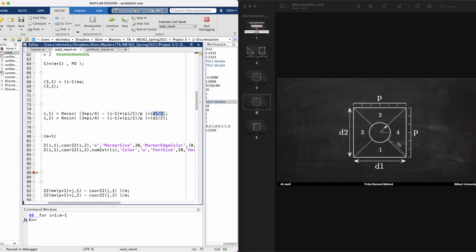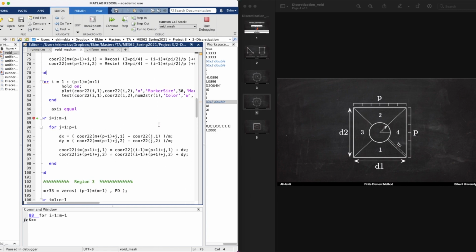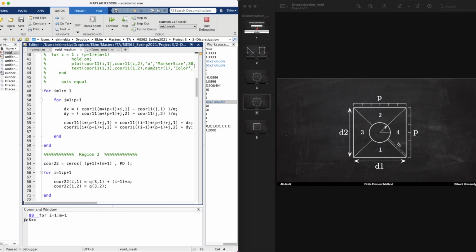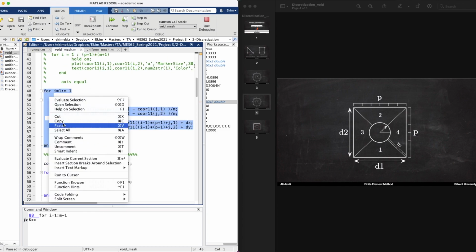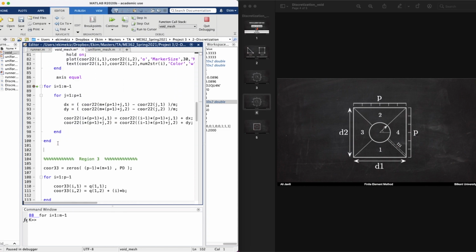And we also don't forget to add d1 over 2 for our x coordinate and d2 over 2 for our y coordinate. So this is how we do that. And for the generation of the nodes in the remaining region, we don't change anything. So I actually want to just copy this and paste it here so that we can see them